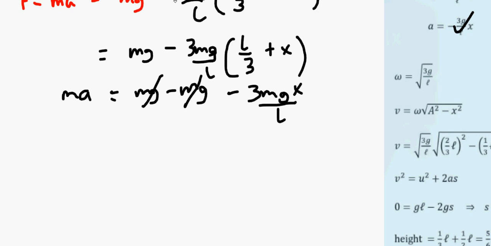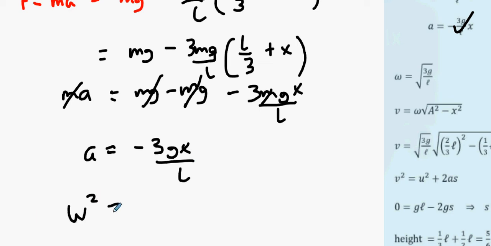Now, what we're going to do next is cancel the m's. And we have a equals minus 3gx over L. Is that cool, you guys? Minus 3gx over L. This means it executes simple harmonic motion with omega squared equal to what, lads? What's the omega squared equal to? Would you agree it's 3g over L? Remember, a equals